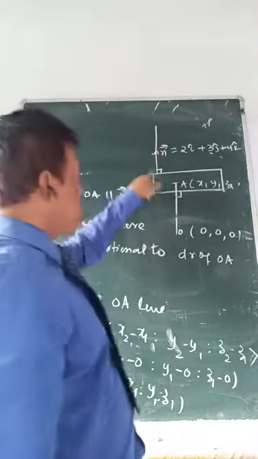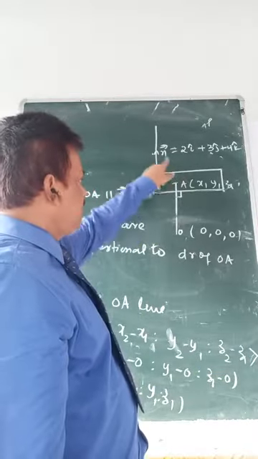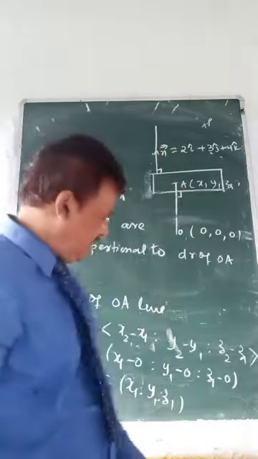Means when two lines are parallel, their direction ratios and direction cosines will be proportional. Means you can write